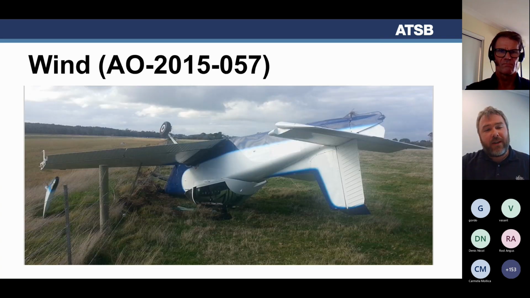So I'll just run through a couple of case studies now, just to sort of set the scene as to the typical things that we're seeing happen. Starting with wind. So takeoff and landing related accidents are relatively common, and in this case, you can see in the image that's a Victor Air Tour. So basically, this was a landing accident where the aircraft simply got caught in a gust of wind, and